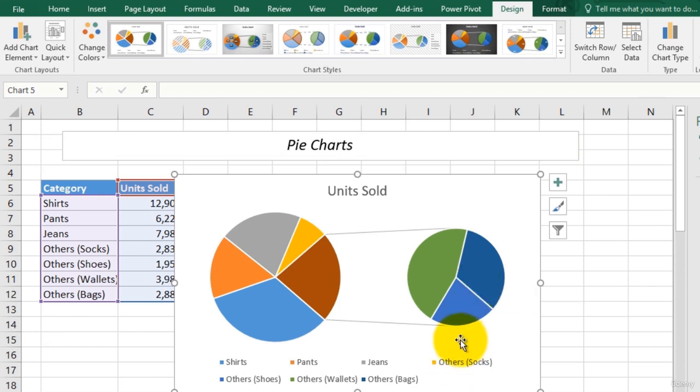You can see that instead of the last 4 subcategories which were to be combined, it has added only the last 3 categories. The others socks category is part of the main pie instead of being part of the secondary pie. To correct this,